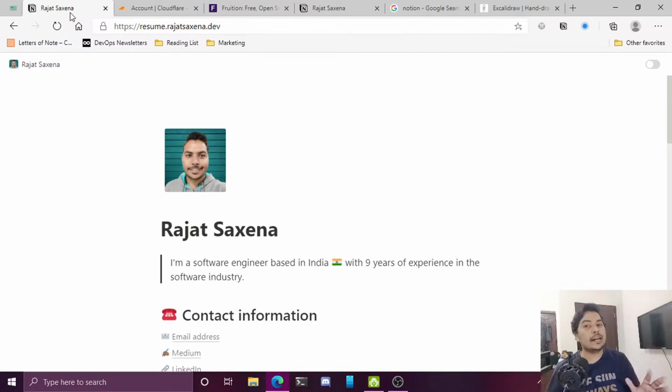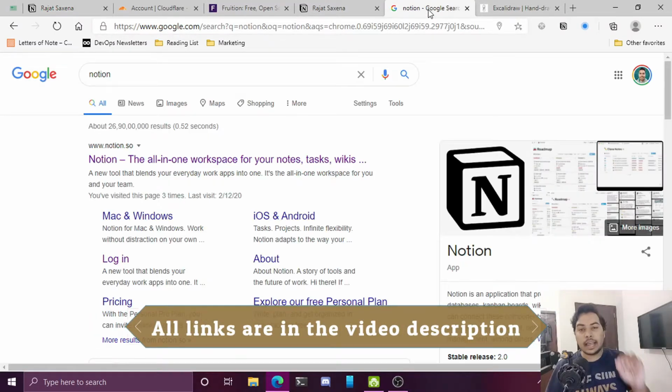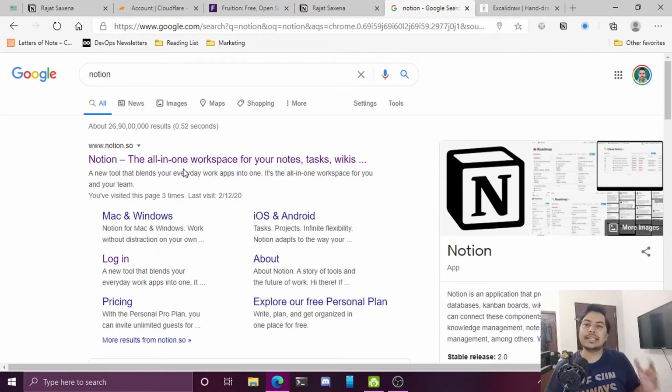So for today's setup, we are going to use a bunch of online services. We are going to use this productivity application known as Notion. So basically it's a note taking application, or you can say a productivity application where you can take notes. You can create wikis, you can create all sorts of boards like Kanban boards and all, right? So we are going to create a Notion doc and host it over the internet.